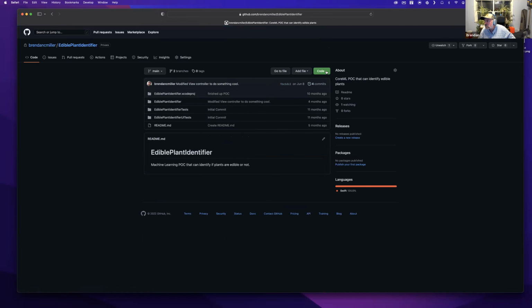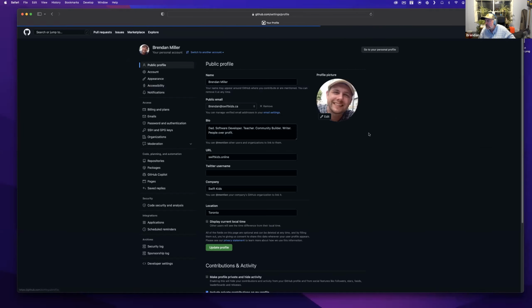So what we want to do is, oh, sorry, I forgot, I got ahead of myself. What we have to do first is create a personal access token, which is kind of like a one-time use password that you can assign specific privileges to, just so Xcode, or whatever tool you're using, doesn't have full reign on your GitHub account. You can limit what access that app has.